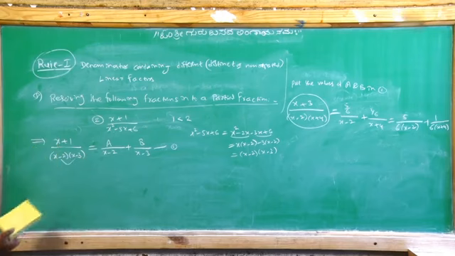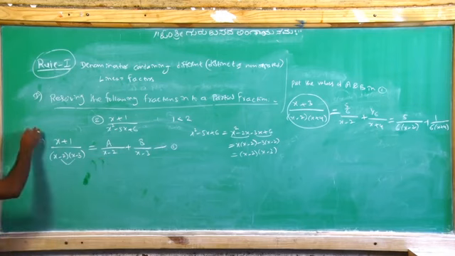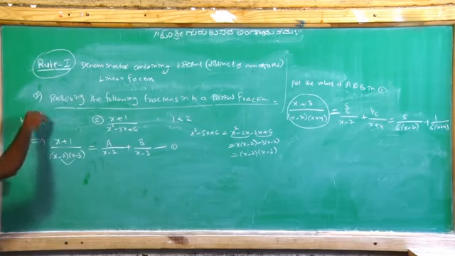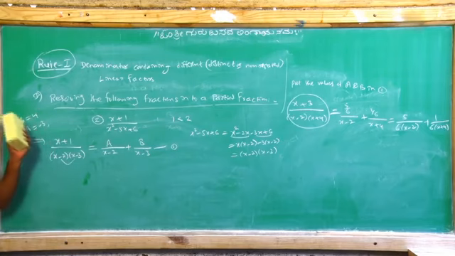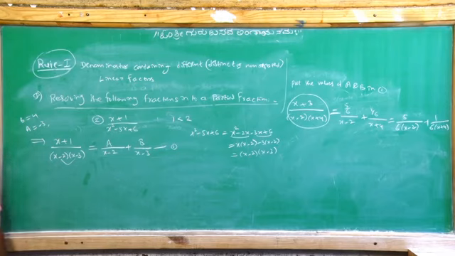The second method is how we solved the first example for a and b. In this example, we can also use the same method to find the values of a and b. Now check this: a is minus 3, b is plus 4. Now find the values of a and b.